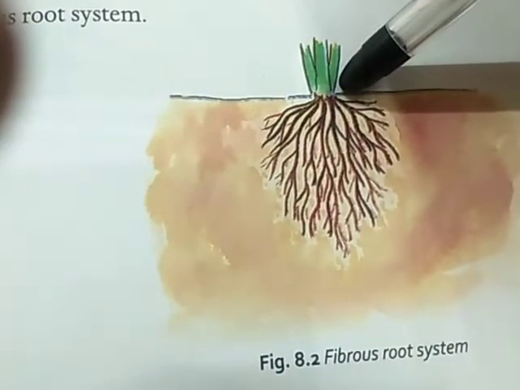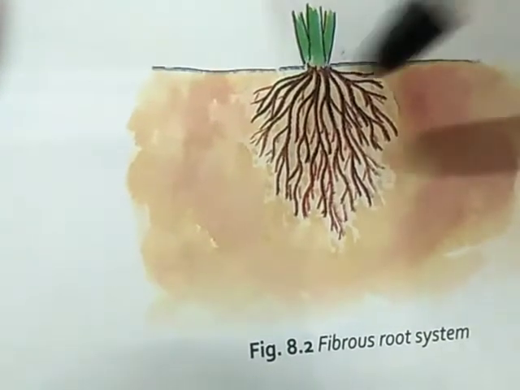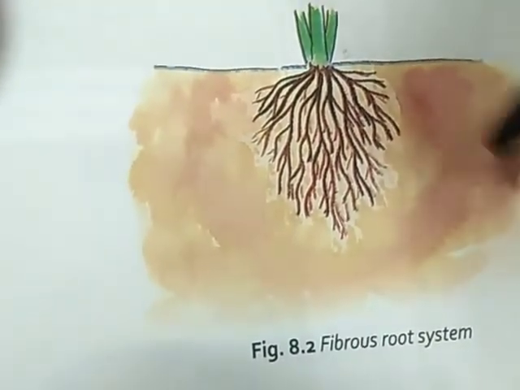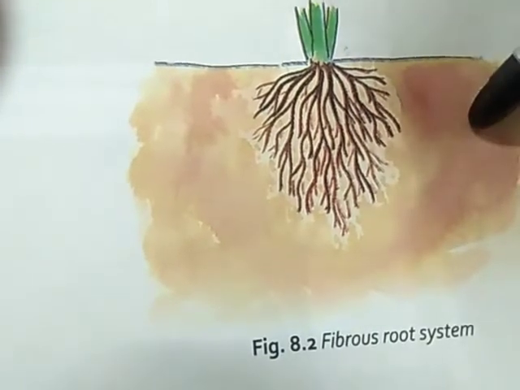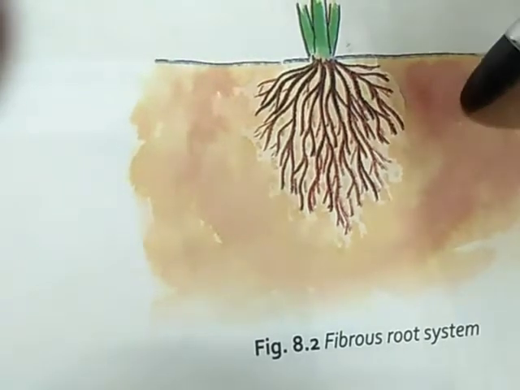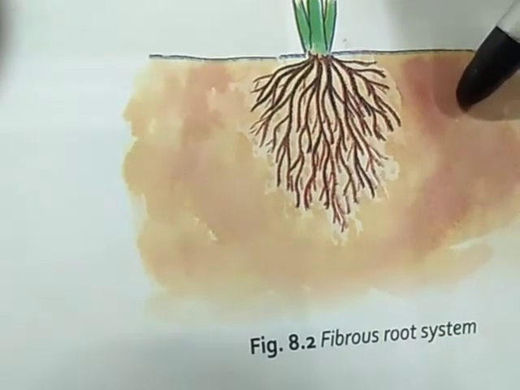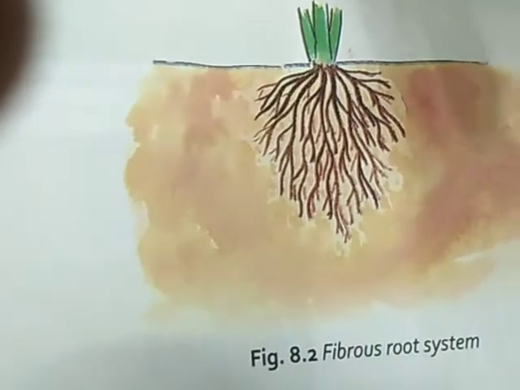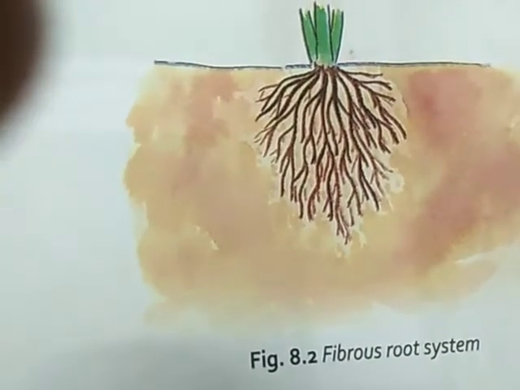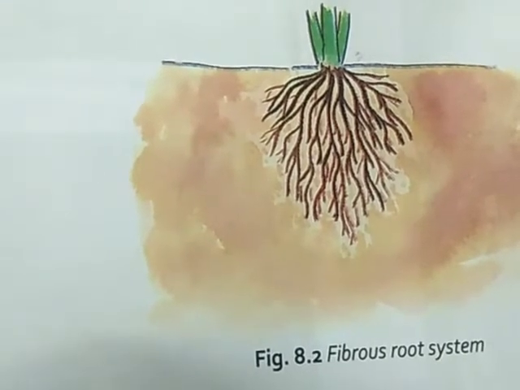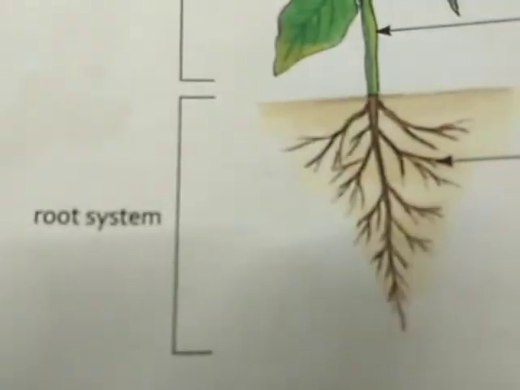Okay, there are many hair-like structures from the main stem itself. In the tap root, it has one main root, then come the lateral roots. In fibrous root, there is no main root. There are many hair-like roots that arise from the base of the stem. Now, what are the examples of these? Grass. Grass you have seen, no, that consists of fibrous root. Maize, wheat, onion, sugarcane and rice are examples of plants that have fibrous root system.